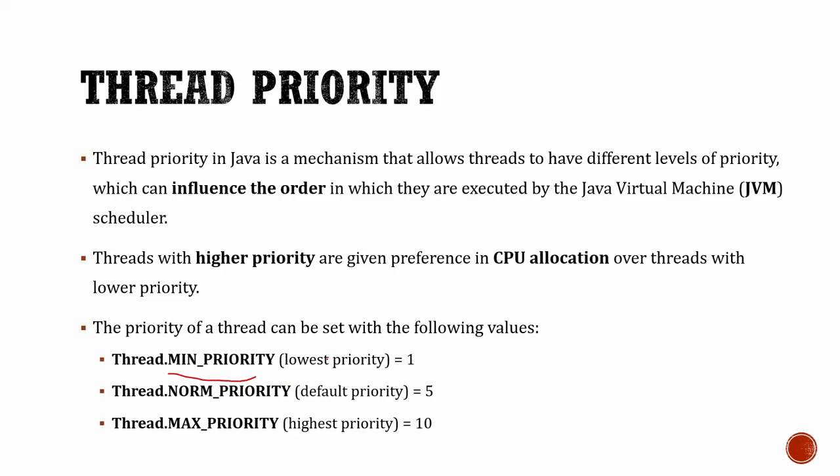Minimum priority, maximum priority, and normal priority. Minimum priority is the lowest priority, which is 1. Normal priority is 5. By default, all the threads will be set to normal priority. Then we have the maximum priority as 10. Okay. So whenever we have the highest priority, the CPU will give preference to run that particular thread